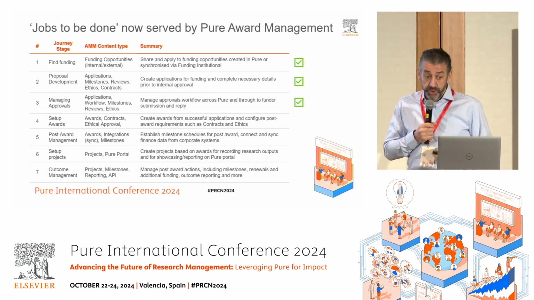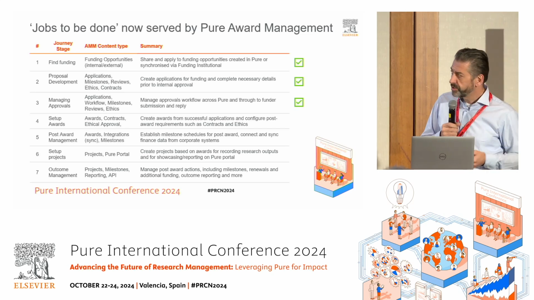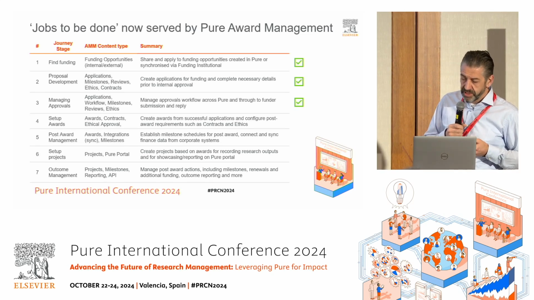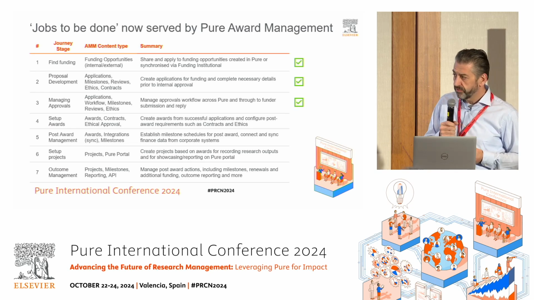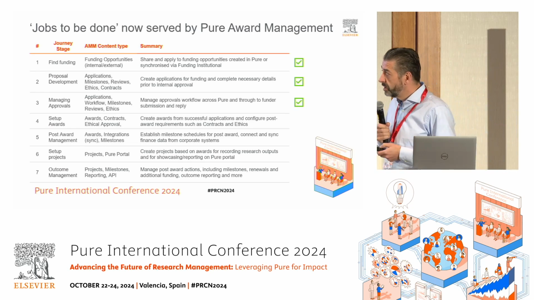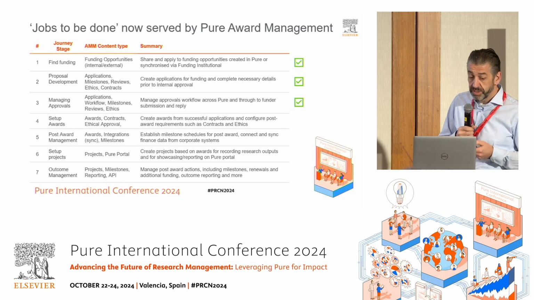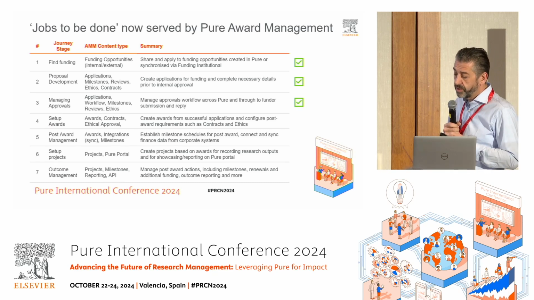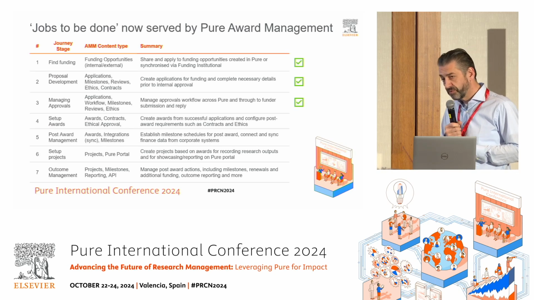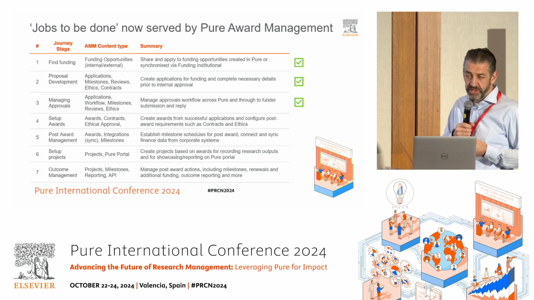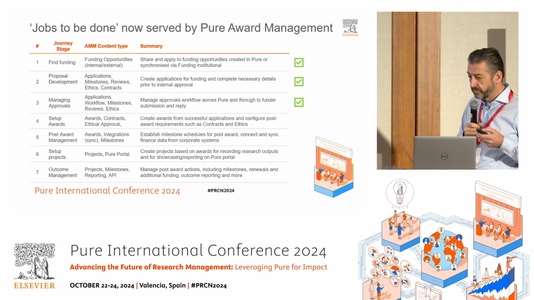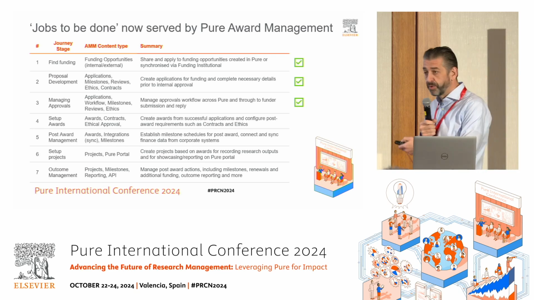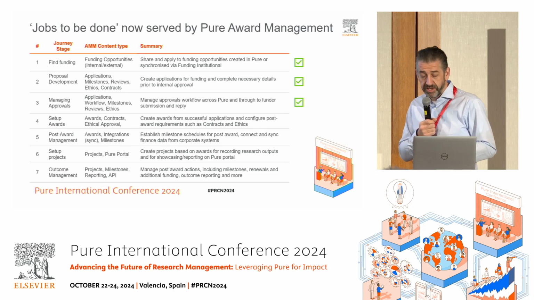Managing approvals has been a huge one for us, and the main theme of the second part of this presentation, which introduces a brand new means to process the internal approval workflows. This is the process manager workflow, an integrated solution we put in the back end of Pure. It allows us to be very customizable in terms of how we address those flows, and to build very customizable flows for individual application types. So your simple expression of interest flow might be 2 steps, but a full proposal might end up being 50, 60 steps. You know, you can go nuts, right?